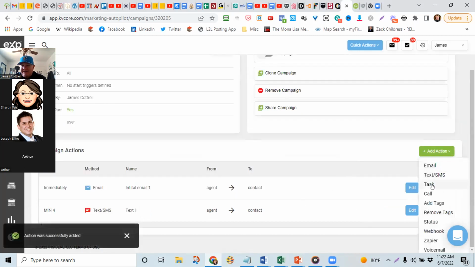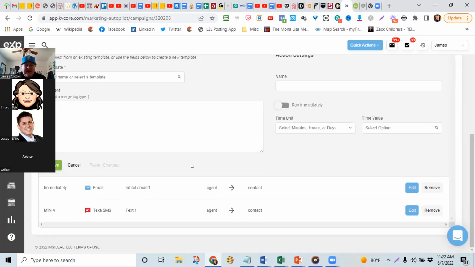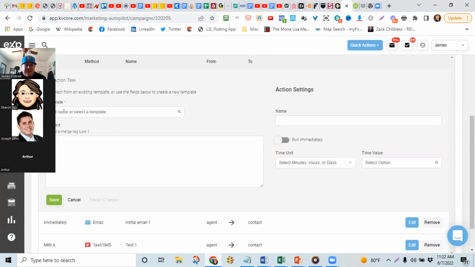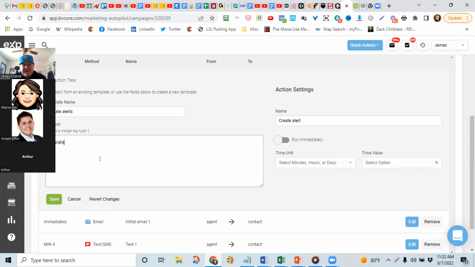Now I'm going to add an action. I'm going to hit a task and I'm going to put template. Let's create alerts. Create property alert for the contact.